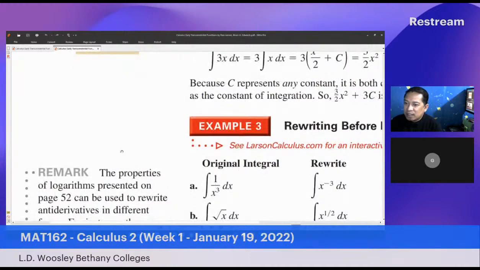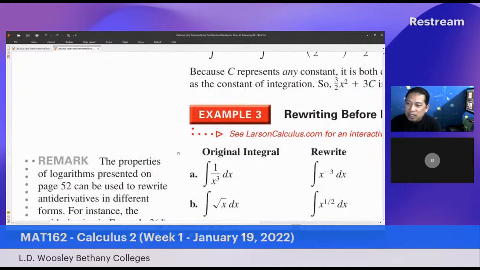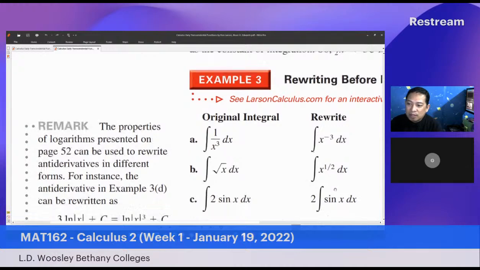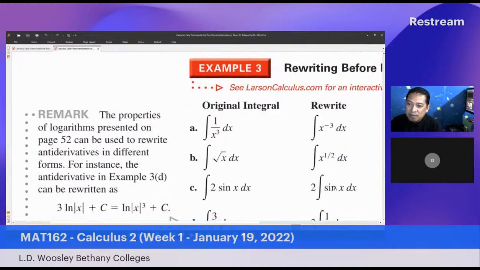So yan, isa pa sa mga rinire-write natin yung fractional exponent or the exponent in a fraction, particularly the denominator. It's better to rewrite it, expressing it into a numerator with a negative exponent. For instance, integral of 1 over x cubed could be written as integral of x raised to negative 3. Or perhaps a radical, integral of square root of x, it's better rewriting it to x raised to 1/2 as well. And then for this next example,